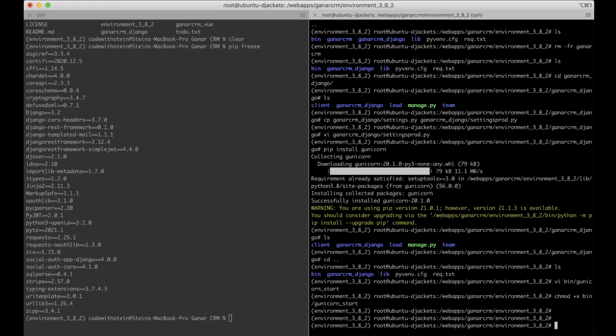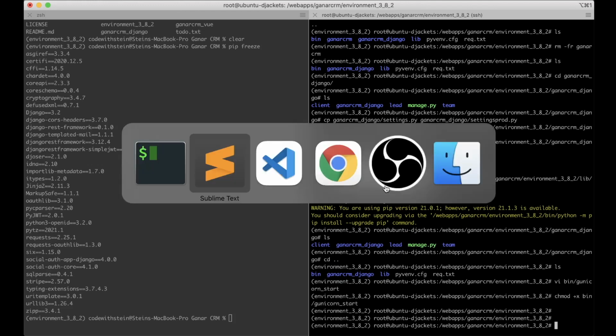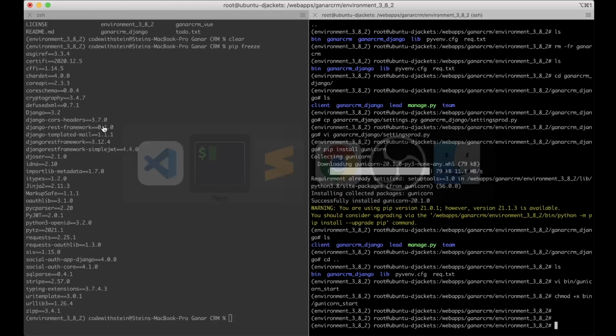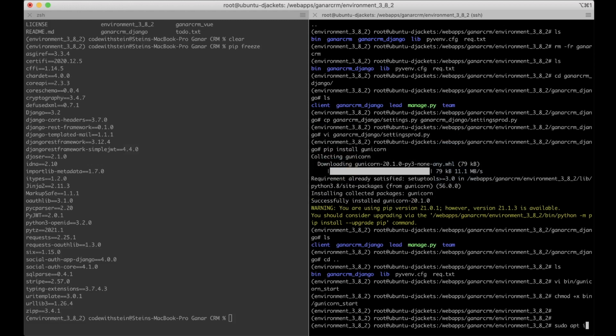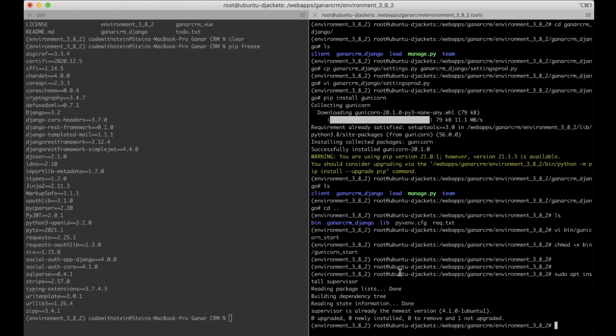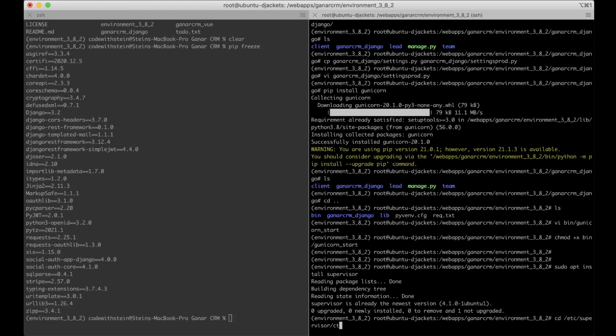Nice. And to make sure that this script is running at all times, we need to use something called Supervisor. Before I go there, I just want to set this task to done. Then we can start that task. First we need to install Supervisor by saying sudo apt install supervisor. Great, I already installed this. So now we can go to cd /etc/supervisor/